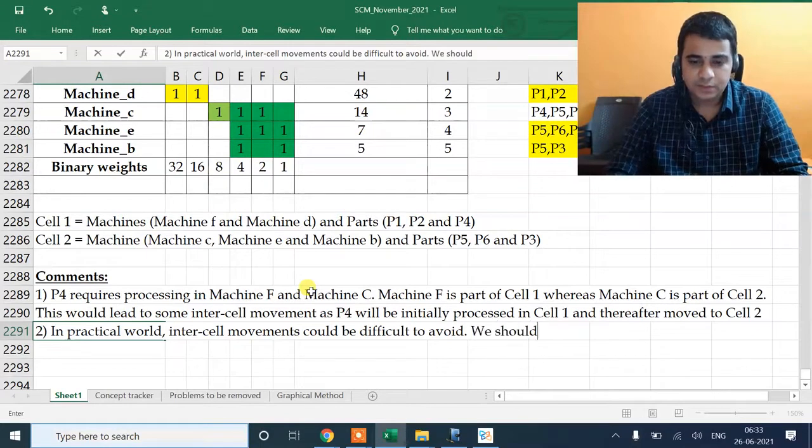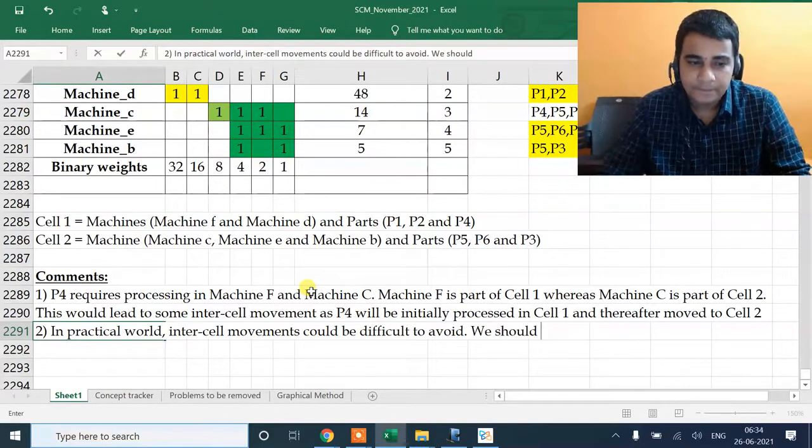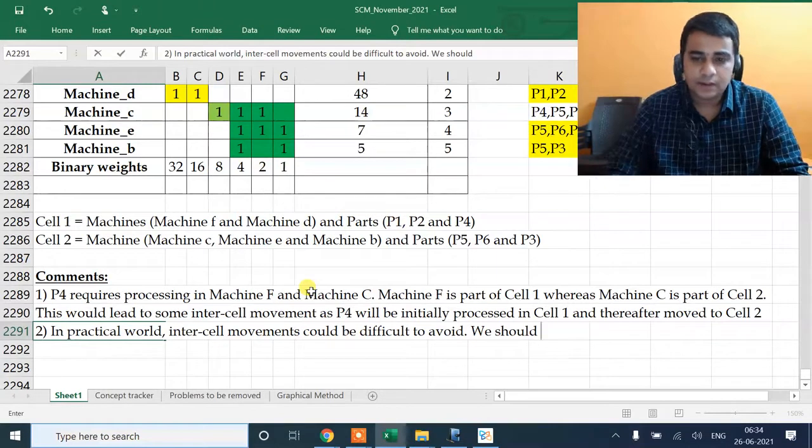We should go for reconfiguration of part,